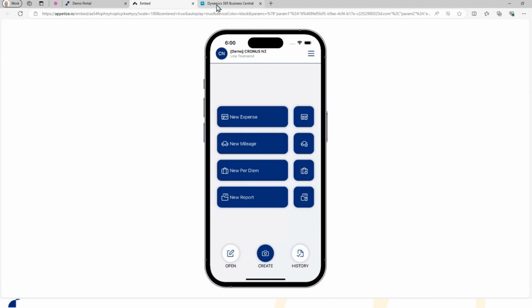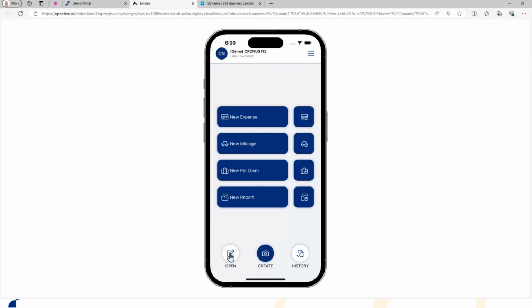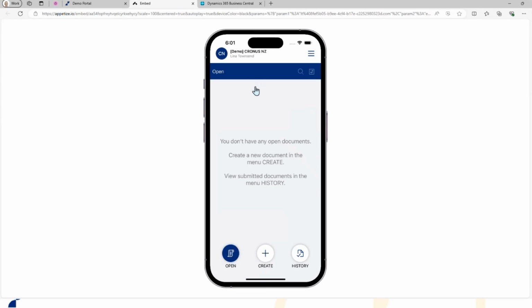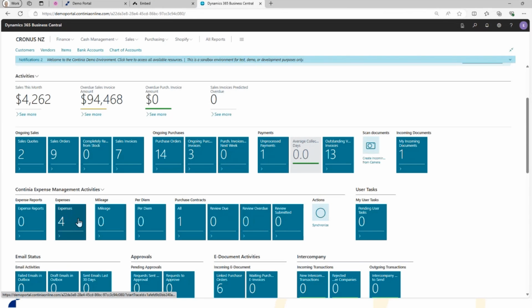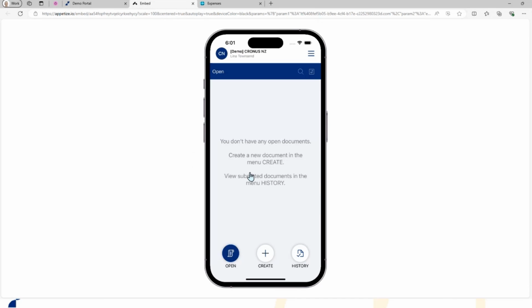Now, what would happen with my credit card transactions, which have come through from the credit card company? Normally, I'd have a little red button sitting here on open, and for some reason in my demo environment today, I don't have that. But I would click on this open button here, and in here, I'd have a list of those transactions. So these transactions that are sitting here in Business Central that have come through from MasterCard would show up on my phone. And basically, all I then do is select them and add a receipt and submit it,